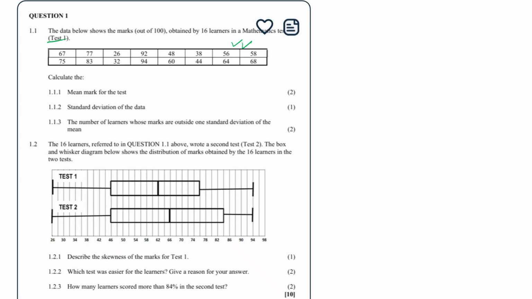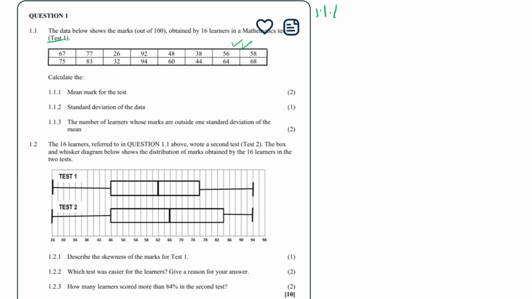From the smallest, I think the smallest here is 32, if I'm not mistaken. It is 32. Therefore now 32 has to be our first value. Therefore now the largest value, I think it is 94. Yes, and the 94 has to be our last value. Therefore now it is very much important for you to first group the data in ascending order. Right,